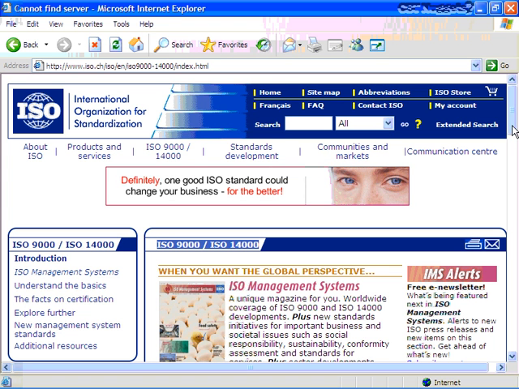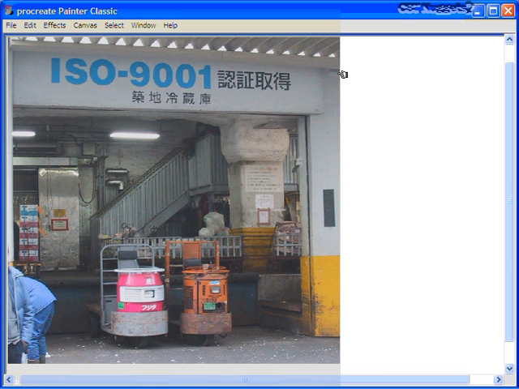Now, the ISO certificate that's given out doesn't give an absolute guarantee, but it does indicate that the supplier is taking quality assurance seriously and is ready to talk about it at any time. For example, here's a blatant example in Japan of a fish supplier that actually has in large letters on the outside of their building ISO-9001, advertising that, hey, look, we are ISO 9000 certified and we're ready to show you the results of auditing and investigations that have been done to make sure that we're providing quality assurance. And this is an example of a fish market and really a product,